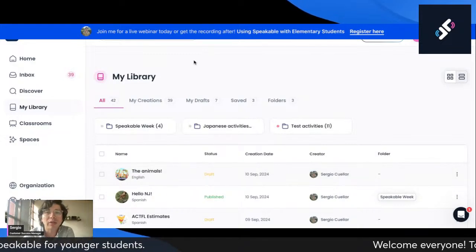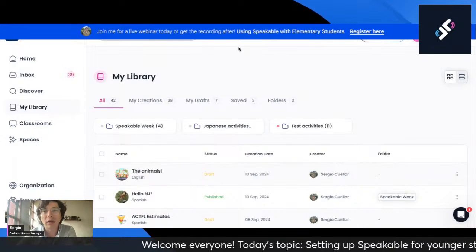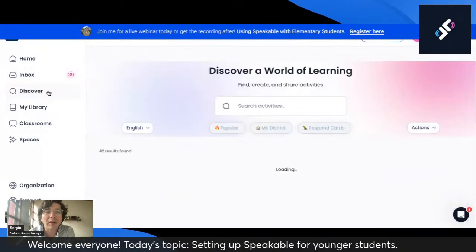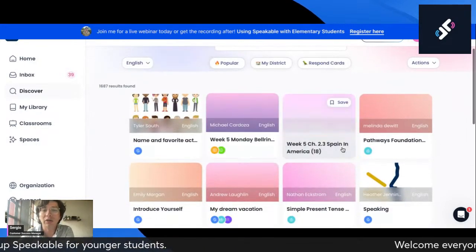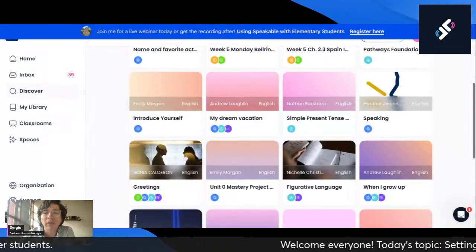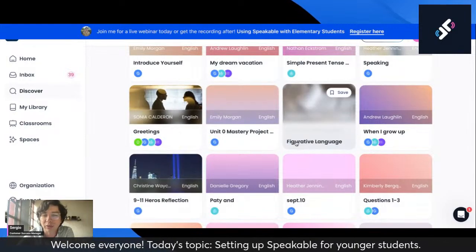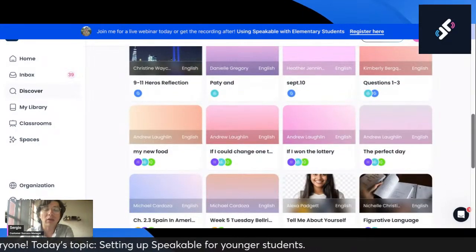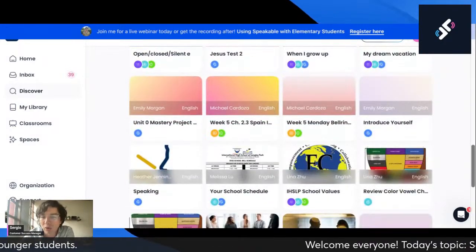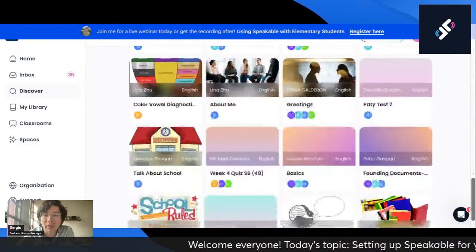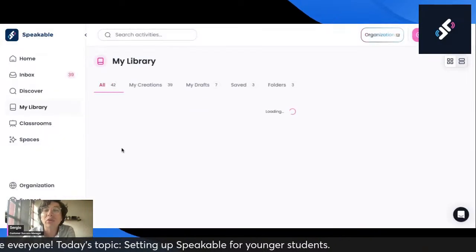But something I wanted to focus on before is the general terms of the activity. So when you go over the Discover tab, you'll find that this is a good way to find activities that others are creating. And there are many good examples here, but there are also things that I guess you shouldn't really do. If you're using someone else's activities, always check them, because some of them might be way too long, right? So for example, I'm not sure if any of these is super long, but I have myself created some that are super long that I would not recommend